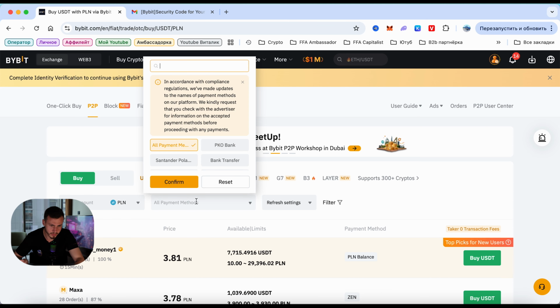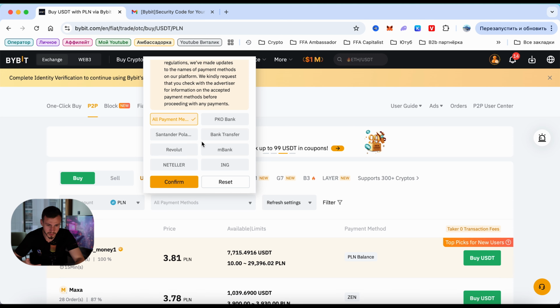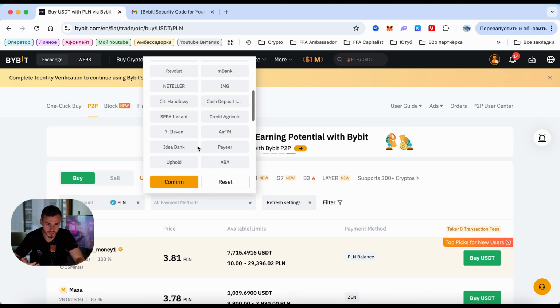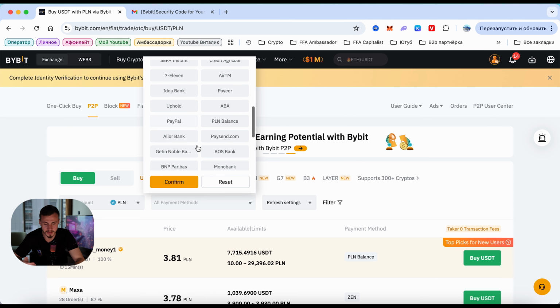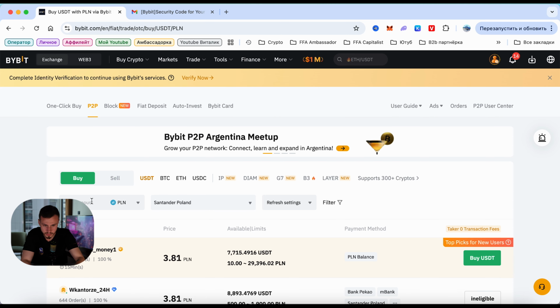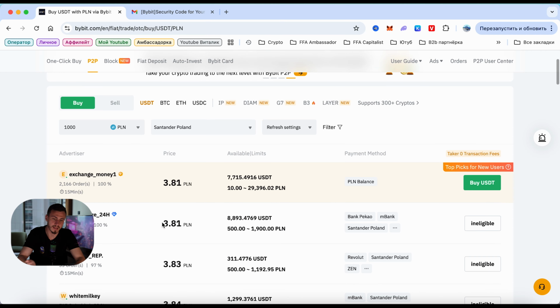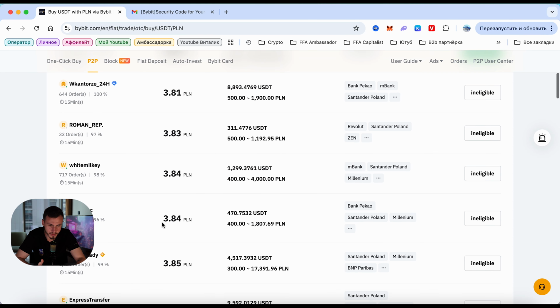As for the payment method, you might see something like Santander listed, and your country will have a similar list of banks, and you should easily find your bank. But I will choose, for example, Santander. Now enter the amount, for example 1000 zloty, and you will see a list of sellers ready to sell you crypto